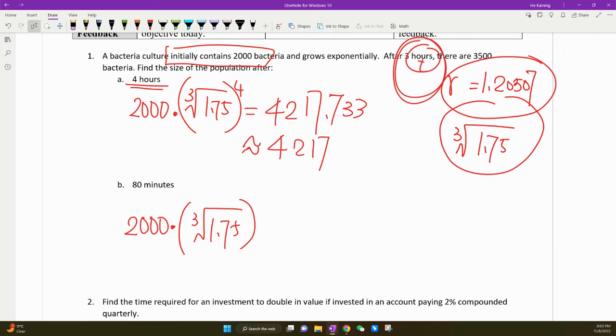My unit of time is in hours, and now I have a time in minutes. Okay, so very simple. All you've got to think about is, oh, I've got 60 minutes in an hour. So let me use 80 divided by 60 as my power for that root, because I don't have an hour. I have to translate that 80 minutes into hours. After you punch this in the calculator, you actually get